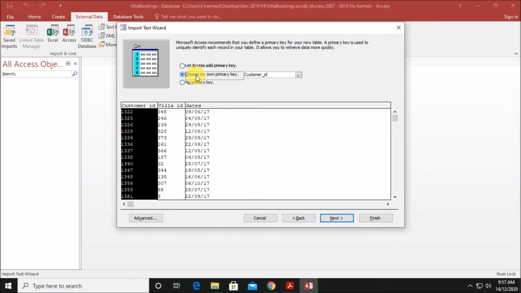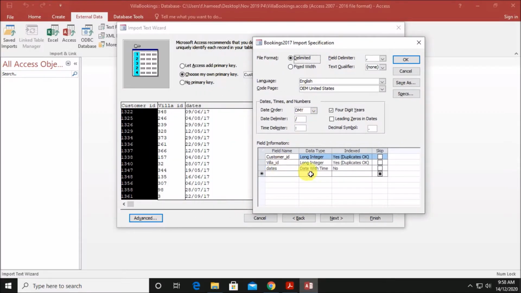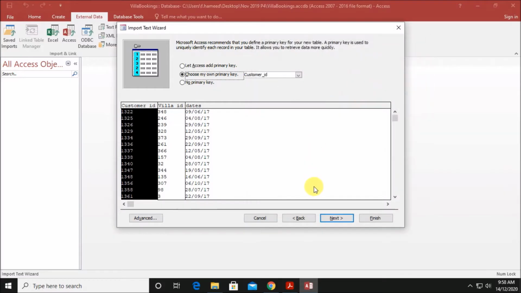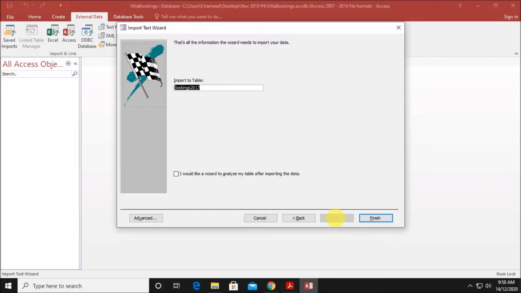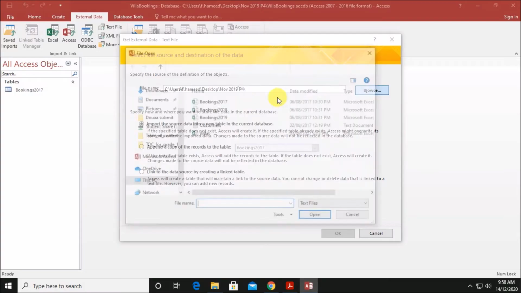Choose the primary key. The primary key will be customer ID. Check the data type. Dates must be date with time. Give OK. Same way, let us import all the files for the booking.